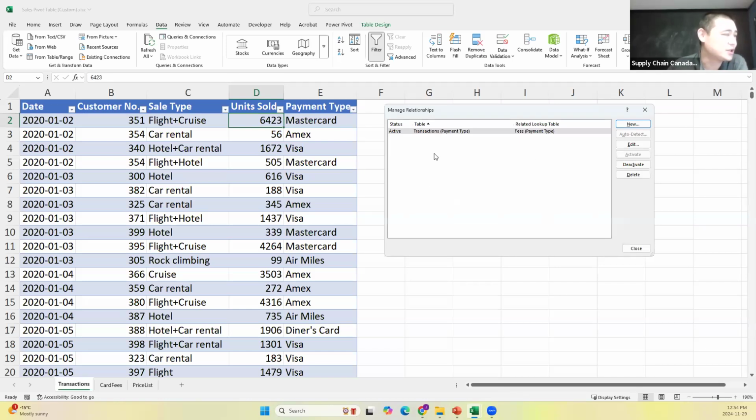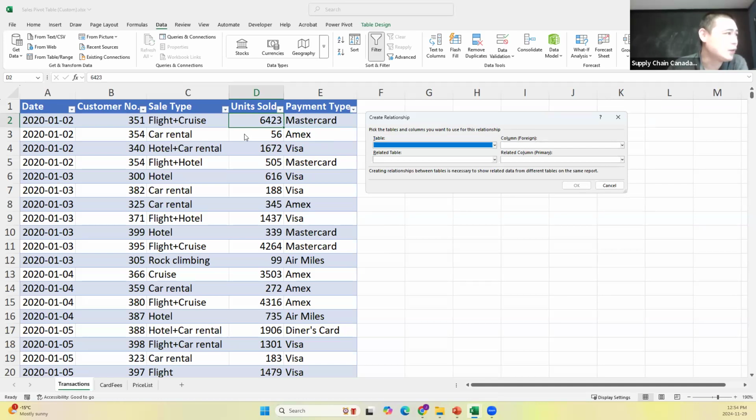And I have that relationship set up. Similarly, I say new again. And I say, well, I also want the prices. Well, where do you want to? So same, I start with the transactions. And I say, oh, the prices. Well, the prices require sales type. And related to the price table,